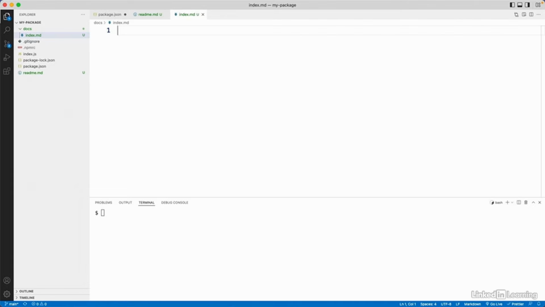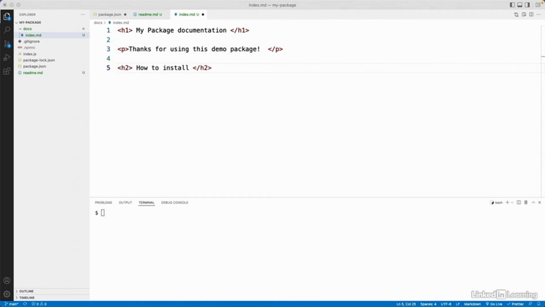Here I'm going to include details of my project like installation details or the name of my package. I can also use HTML tags to make it easier. And I want to include the code to install my package. Now let's save all the changes